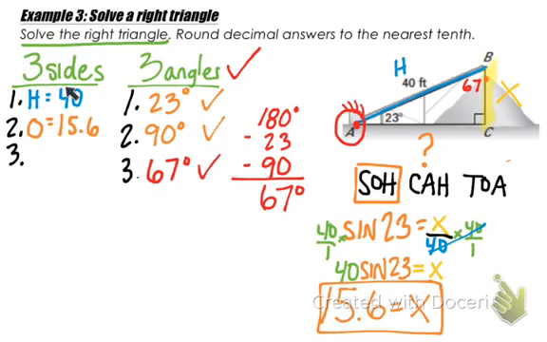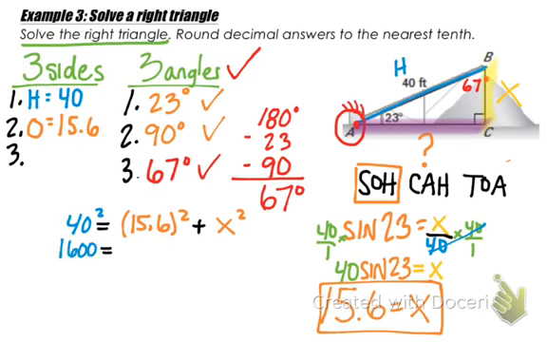Now, since we have 2 sides of our right triangle already established, you can use the Pythagorean theorem to figure out what that third side is. So I'm going to say 40 squared, which is our hypotenuse, so that's across from the right angle. So in our Pythagorean theorem, our hypotenuse squared is equal to our legs squared and added together. So we have, well, AC is going to be represented by x, so this x isn't the opposite side, it's this side. So if I simplify 40 squared, we get 1600 equals